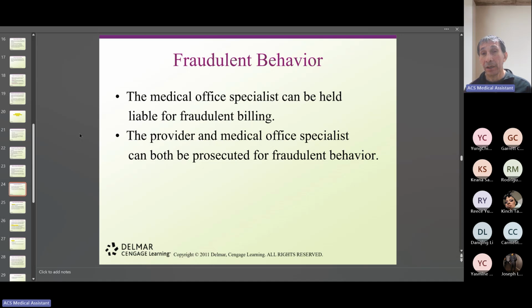So you have to be careful when you're dealing with billing and coding. There are problems everywhere, but you can actually do it intentionally because you're going to benefit the practice, because you're going to receive more money for the services provided, particularly taking into consideration that some of the insurance companies don't reimburse you much for the services. So you might upcode certain services just to get reimbursed more money, which is illegal.